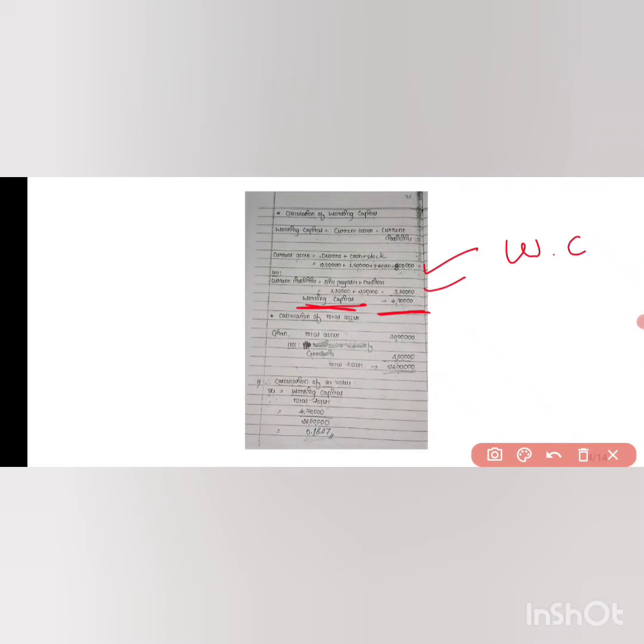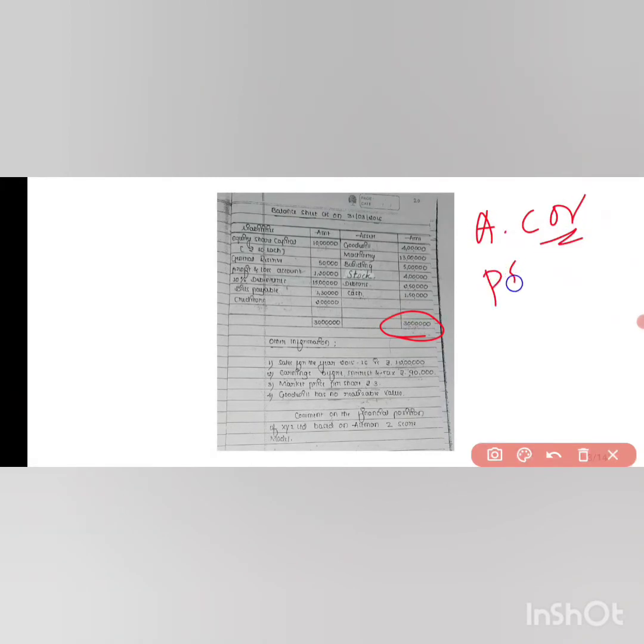Next thing is that we have to calculate the total asset. How do we have to calculate it? See here, total asset is given 30 lakhs. I'll show you in the question. Total assets are 30 lakhs, right? And to calculate the total asset, we have to check whether they have given us the losses. No, they haven't given us the losses. Accumulated losses or profit and loss account debit balance, they haven't given, right? This information is not given.